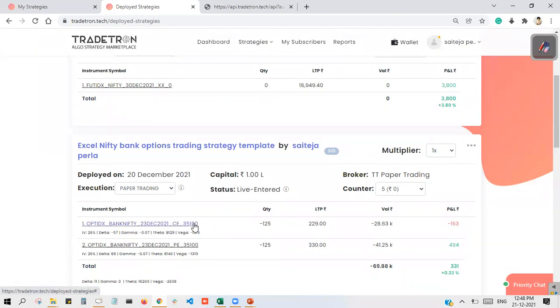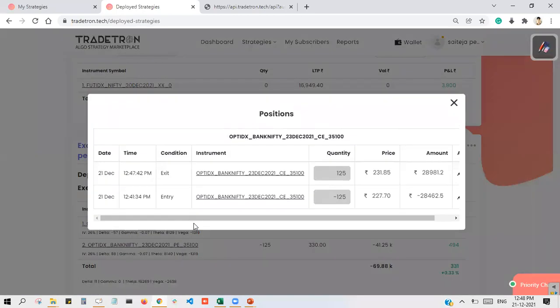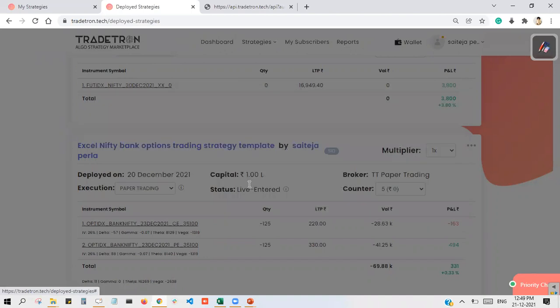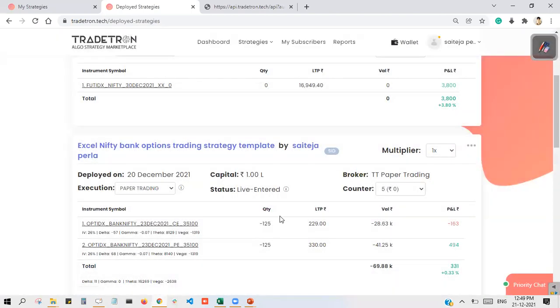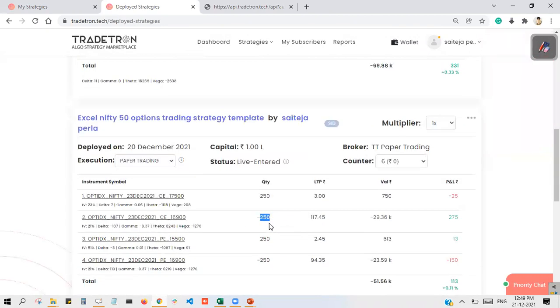So on the screen it will take time to update, but it will place the order instantly. The time is 12:48 now, but the order has been placed at 12:47 and the quantity will still be showing on the screen. So it will take time to update. Okay. So this is how we will exit the order.